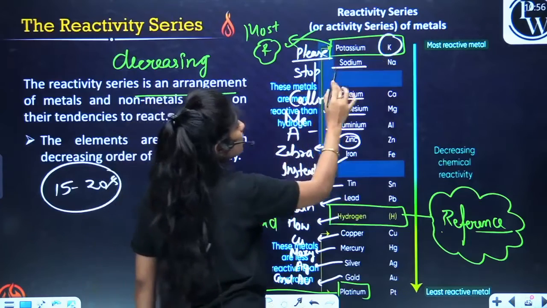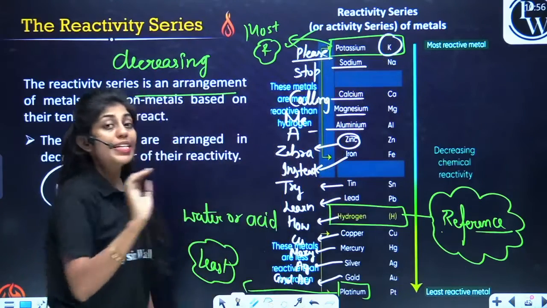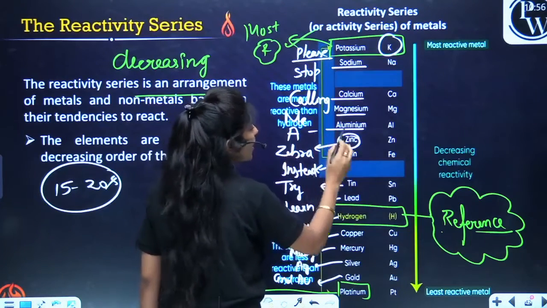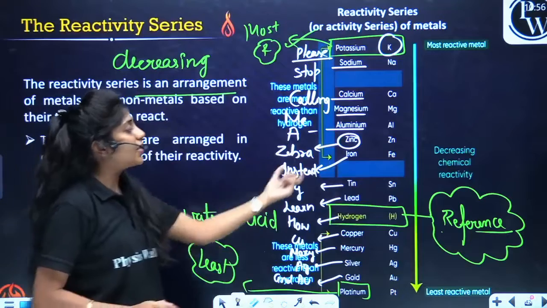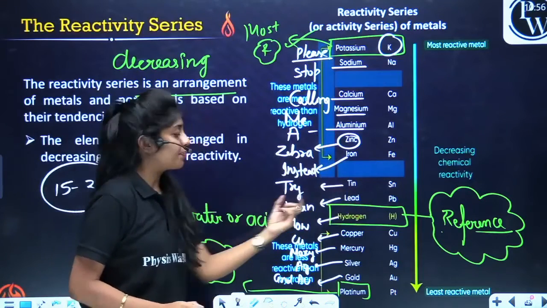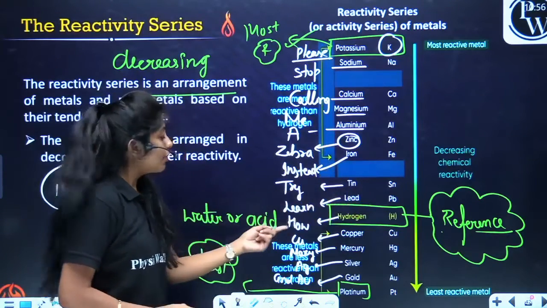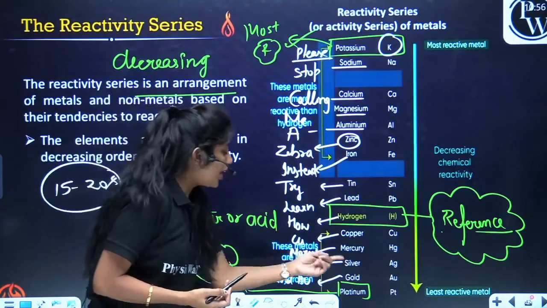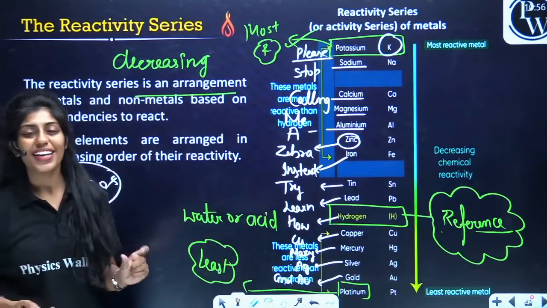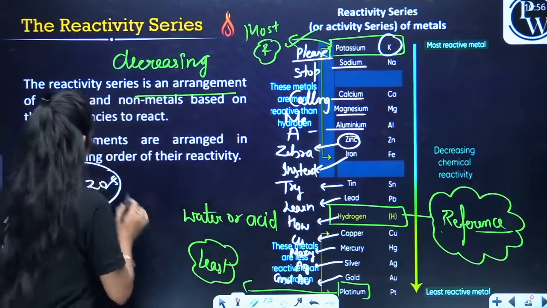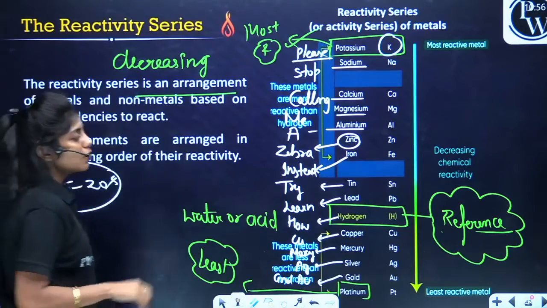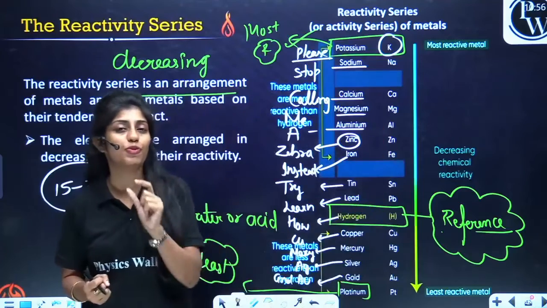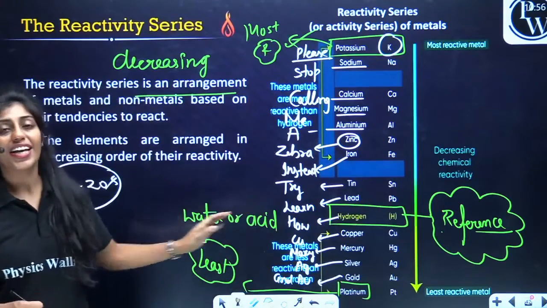Now S for stop, S for sodium, symbol is Na. Now calling, calcium; Me, magnesium; A, aluminium; zebra, zinc; instead, iron; try, tin; we have learn, lead; how, hydrogen; copper, marry, mercury; gold and silver, giving the platinum ring. So basically that's the story. You can write this in 15-20 seconds. Make yourself efficient so that you can write this reactivity series in 15-20 seconds using this trick, and the question